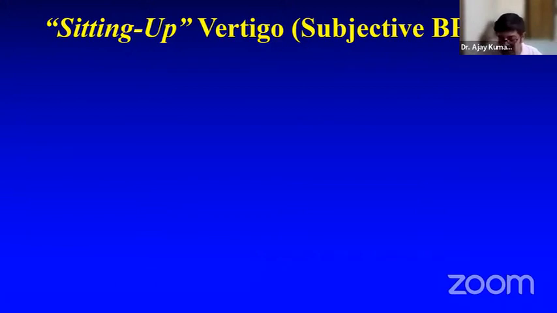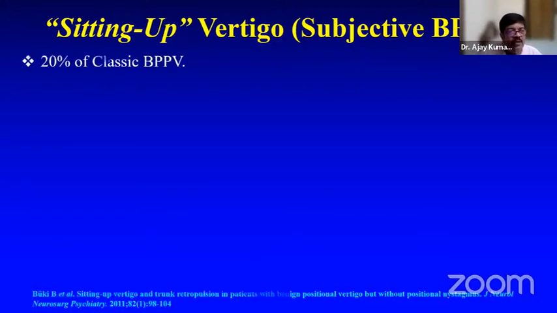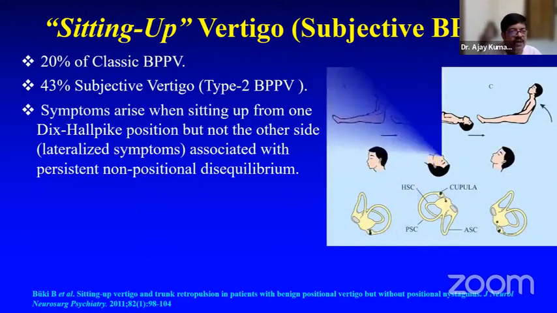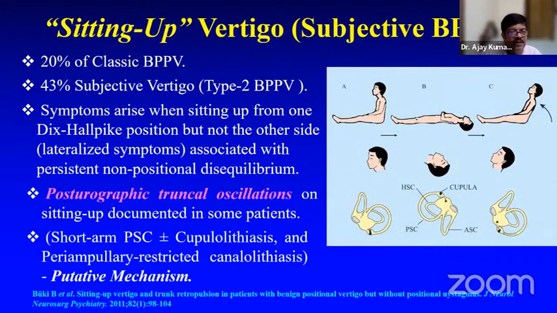In the 2011 paper, Buki found that in 20% of classic BPPV, 43% had subjective vertigo, that is, no nystagmus during the Dix-Hallpike position, and they termed this type 2 BPPV or subjective BPPV. The symptoms classically arose when sitting up from one Dix-Hallpike position but not from the other side. That is, lightheadedness associated with persistent non-positional disequilibrium. They did ad hoc posturography in many of these patients, and it showed posturographic truncal oscillations on sitting up